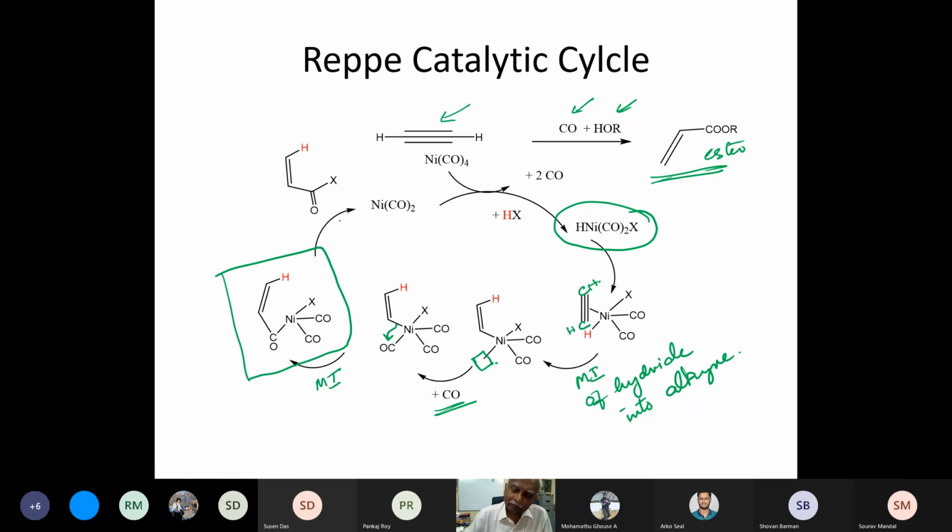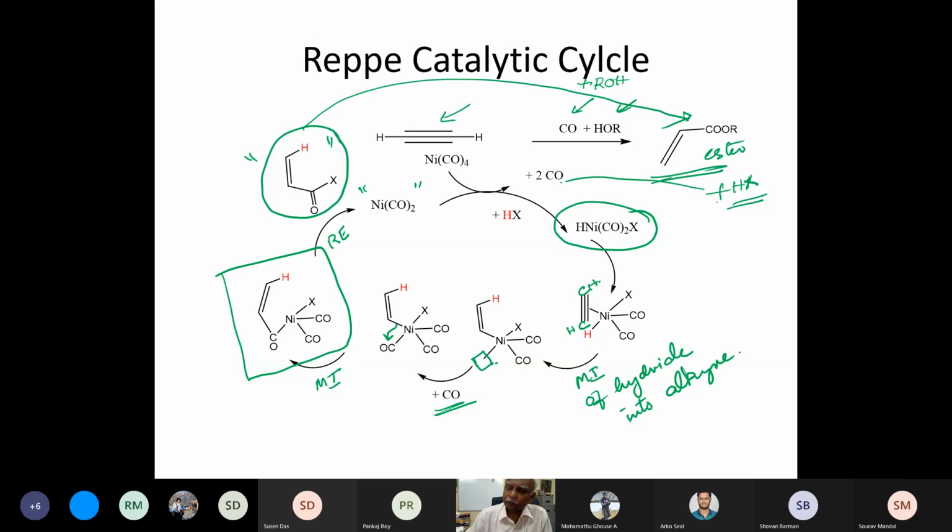And if you reductively eliminate, reductive elimination will give you the active species and an organic product, which is an acyl halide, which can react offline. Of course, nowadays offline has a different meaning, but you react these two separately without utilizing a metal with ROH, it will give you this plus HBr, and that H, I should put it as HX, and that HX can be utilized for the oxidative addition again.